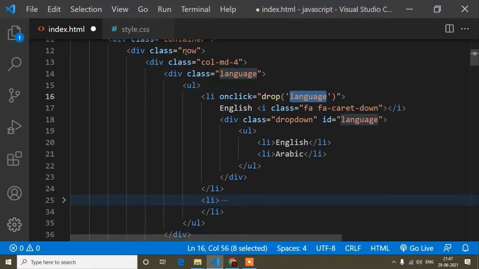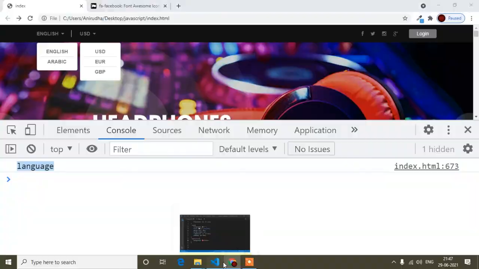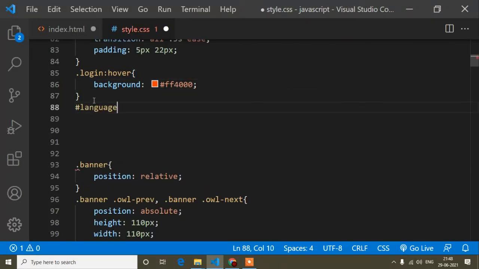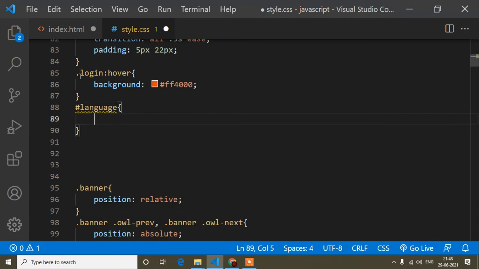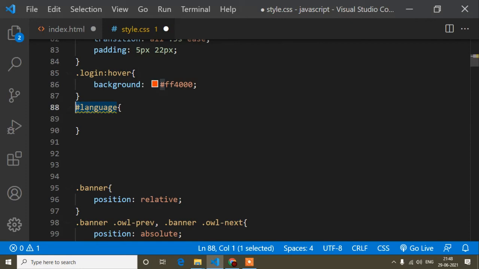Now what I will do: first of all, this id I will take, because first of all the drop down will be hidden. This language id I will take, and because it's an id, I will write hashtag, because for denoting a class we write dot, and for denoting an id we write hashtag.